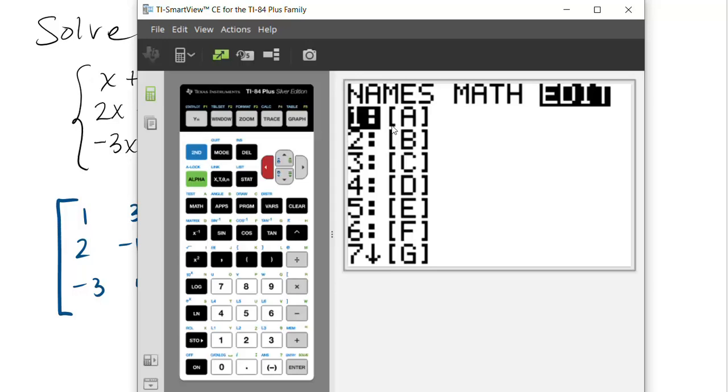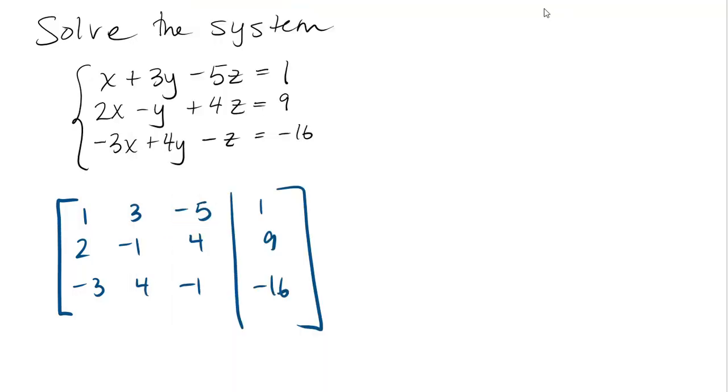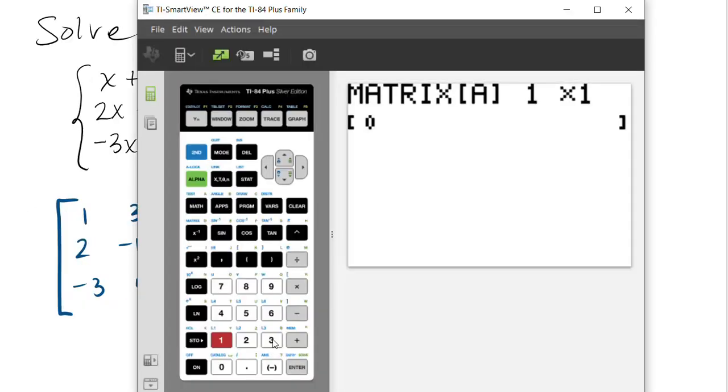And in my demonstrations, I'm always going to be editing matrix A, but you can pick different matrices if you want. So I'm going to press the 1 key to select matrix A. You can see that I'm editing matrix A. And the first thing we have to do is tell the calculator what size we want this to be. The first number is the number of rows, and the second number is the number of columns. We said that this was a 3 by 4 matrix because it has 3 rows and 4 columns. And so I'm going to enter a 3,